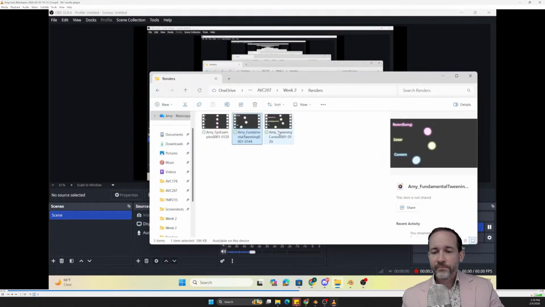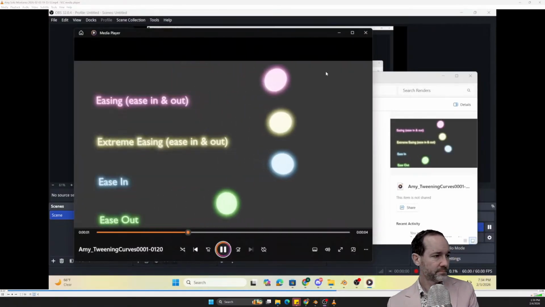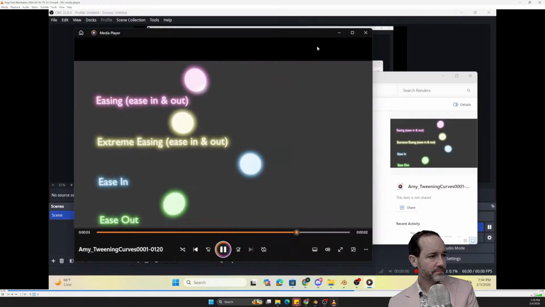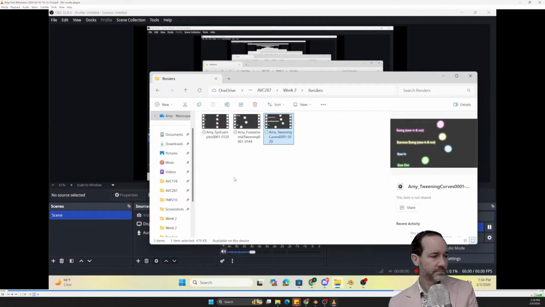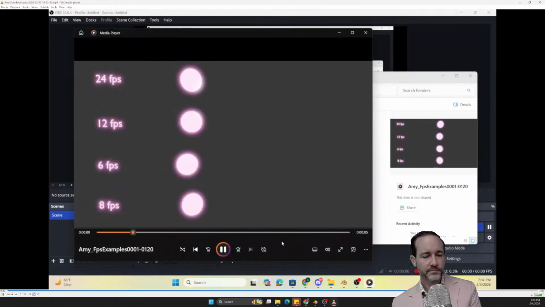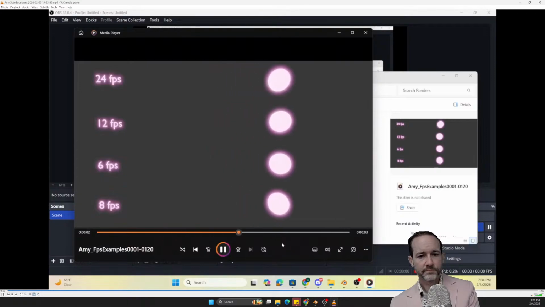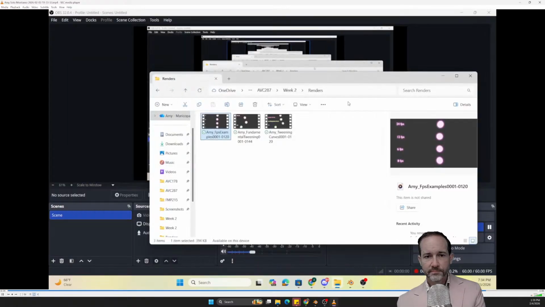The second one is the tweening curves. And finally, the FPS examples. That's all I had for now, but I'll probably get the rest.